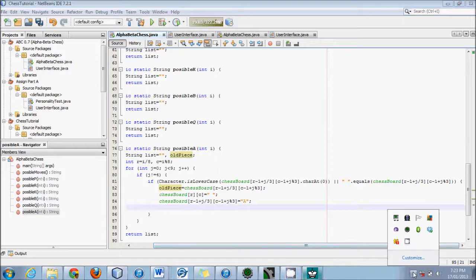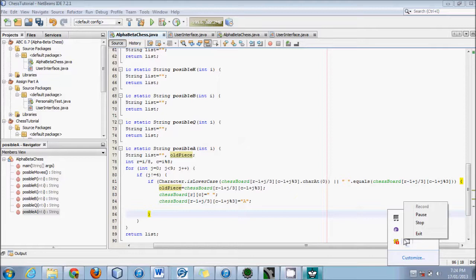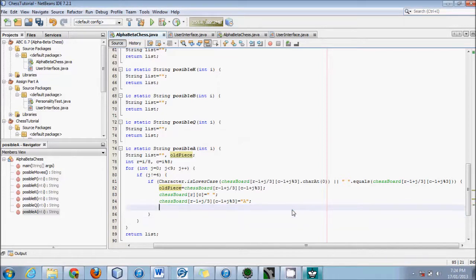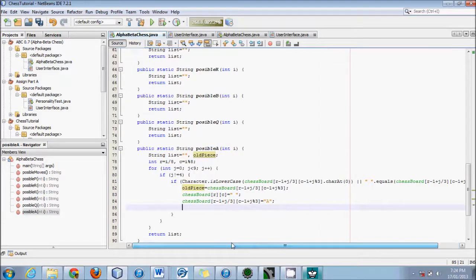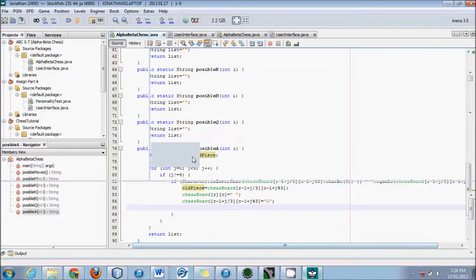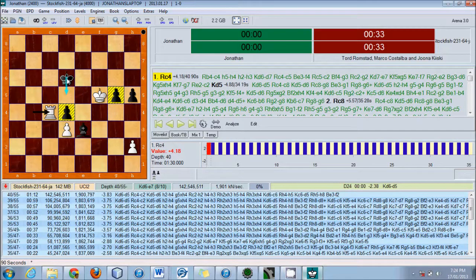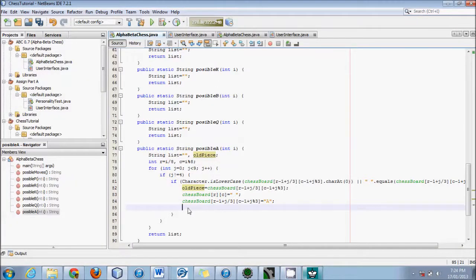Now that we've set this, we've moved this piece, we want to know, is this a valid spot? As in, does this put my king in check? For instance, there's two kings. This king right here can't move right here. The reason why? That puts it in check. It also can't move here. Those places put the king in check, and so therefore they're limited. So now that we've moved the piece there, I want to know if king, we'll call it king safe. If king safe,